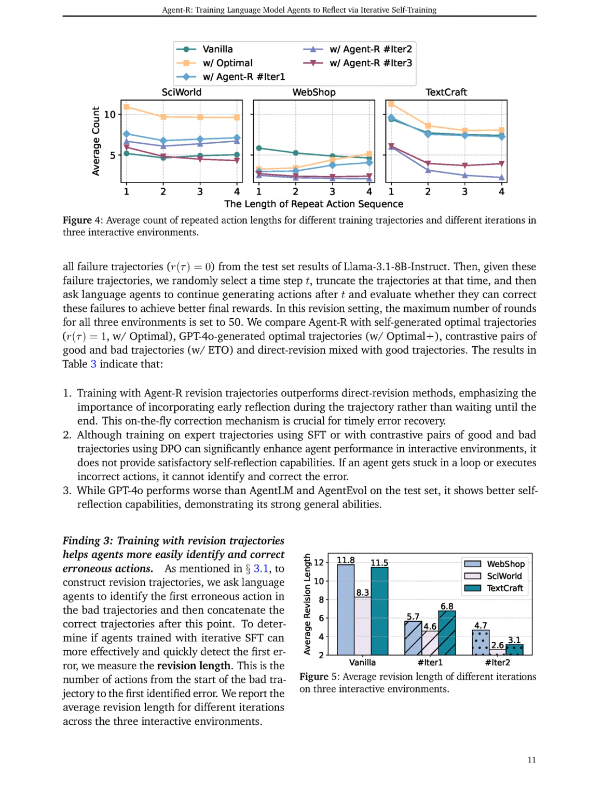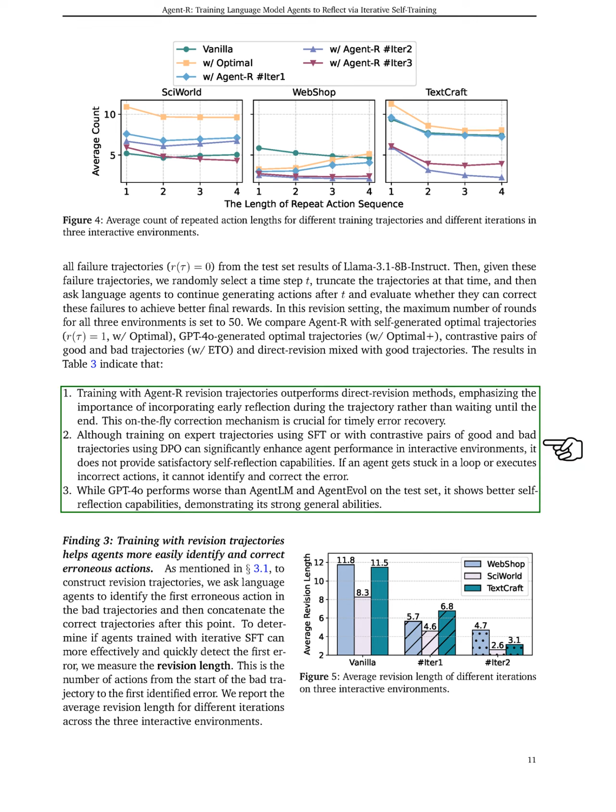Section Summary. In this section, we detail our Monte Carlo tree search, MCTS, settings and training configurations for Agent R, highlighting its superior performance in interactive environments compared to both closed-source and expert-trained models. We emphasize the importance of incorporating self-reflection and error recovery in training, demonstrating that our approach leads to more effective learning and better outcomes than traditional methods.